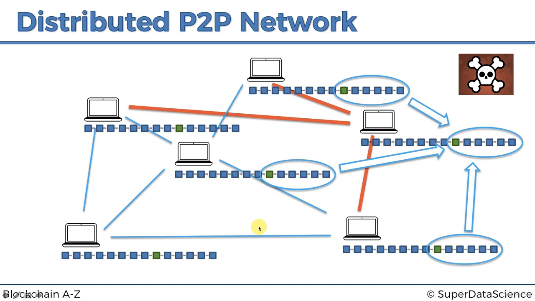That's the only way you can break into a blockchain. And so the more computers, the more peers you have in a blockchain, the harder it is. If you have 10,000 computers, you would have to hack into 5,001 computers at the same time and do it within a couple of minutes, probably less than a minute, depending on the blockchain. And that's practically impossible. That's where the additional security comes from.